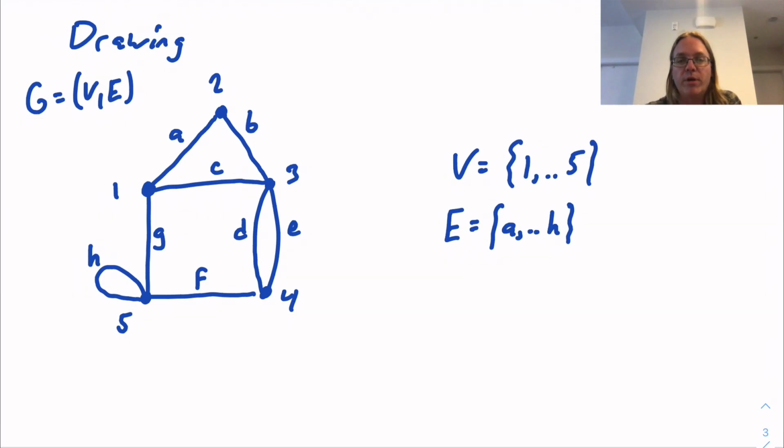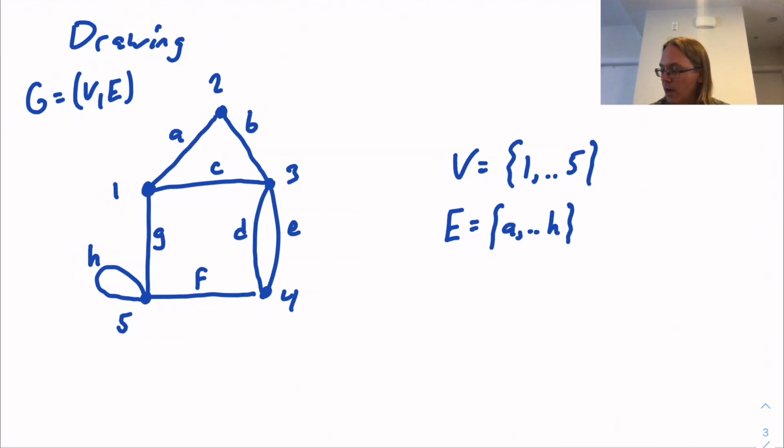But very, very important, you need to understand that at the end of the day, the graph is not the picture. The graph is just this formal object. It consists of the set of vertices, set of edges, and the incidence relation, and nothing more. So there are lots and lots of ways to draw the same graph. We have lots of flexibility in how we draw things, and our drawings are what we use to get a sense of what's going on, to tinker with this, to try to understand things. But when we go to formally write down the proof, we're going to be thinking in terms of these sets of vertices, sets of edges, and